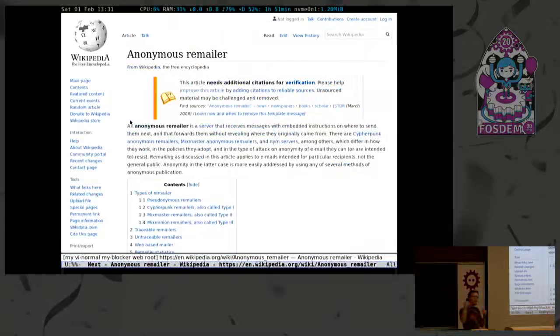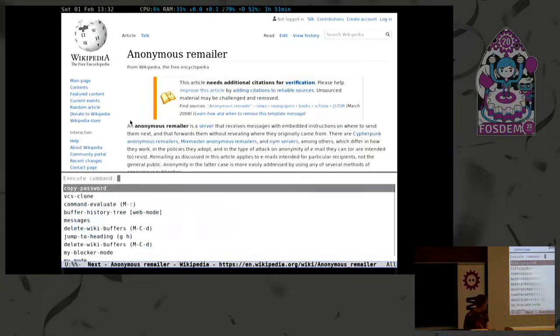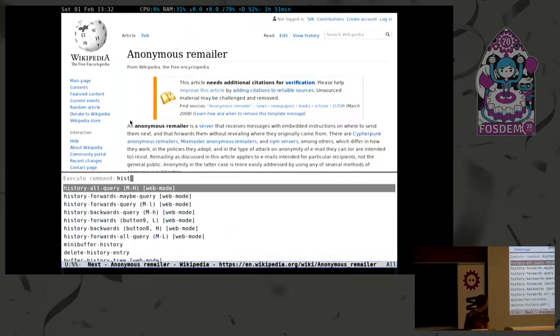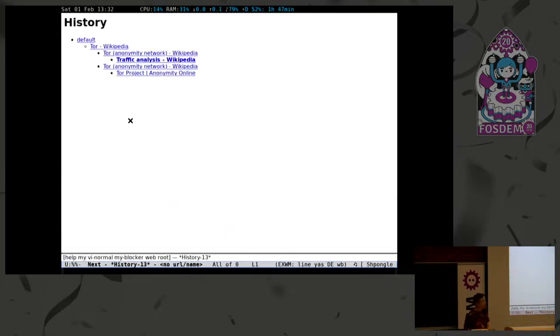if I go back again and forward again, well, I've rewritten the history. I don't have access to the first branch of the history, which was the Tor website. But here we're a bit smarter. We try to store everything. We try to store the whole tree of history, so we can essentially go history, tree, and there. I can actually display the whole history of all the links I've browsed in a tree fashion, which is pretty cool, right?